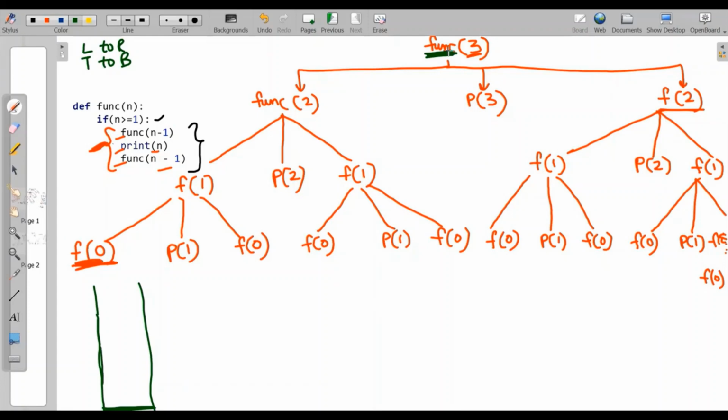Whenever we have a recursive call for the first time, it will be pushed to the stack. So here I'll write f3, which is func3 only. Instead of func, I'm writing f. Now we will go from top to bottom. We have func2, which is for the first time. So it will be pushed to the stack.